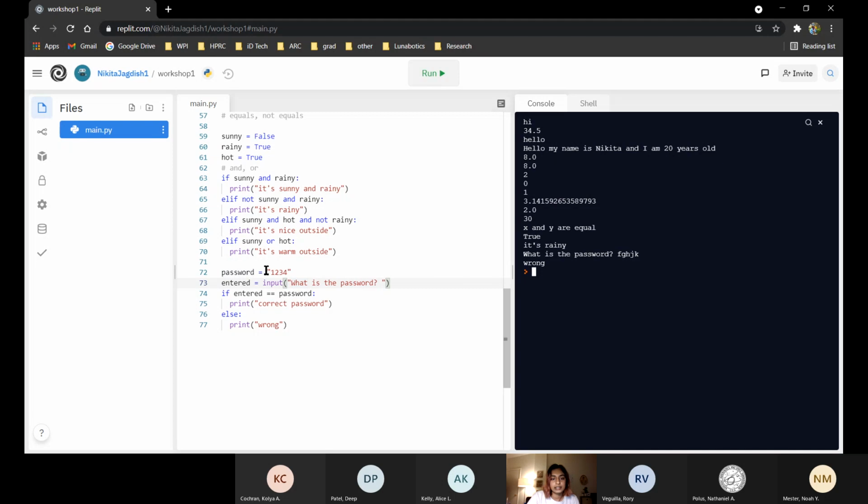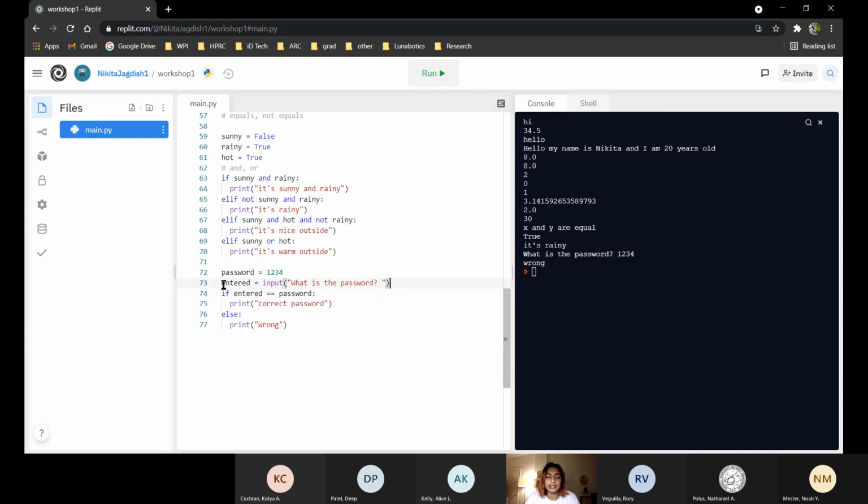So let's say this is a number now. So now it's an integer instead of a string. So when I run this, what do you think is going to happen? Do you think it'll change anything? Any guesses? Or you could also just try it. So basically, it still asks me for the password, and if I type in the correct one, okay, yeah, so it says wrong,